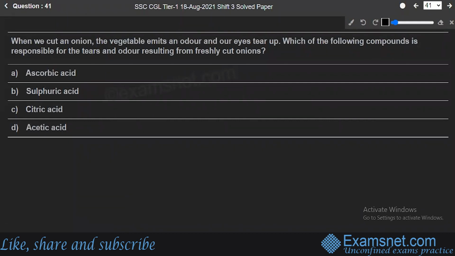Question number 41. When we cut an onion, the vegetable emits an odor. Our eyes tear up. Which of the following compounds is responsible for those tears and odor resulting from freshly cut onions? Is it ascorbic acid, sulfuric acid, citric acid, or acetic acid? Well, if you don't know the answer, you must know this answer because this is related to your daily routine work. Well, when we cut an onion, we break its cells. They release enzymes. Okay? When an onion is cut,